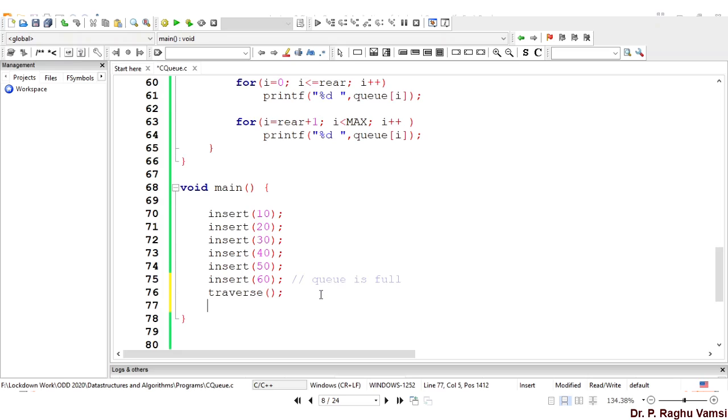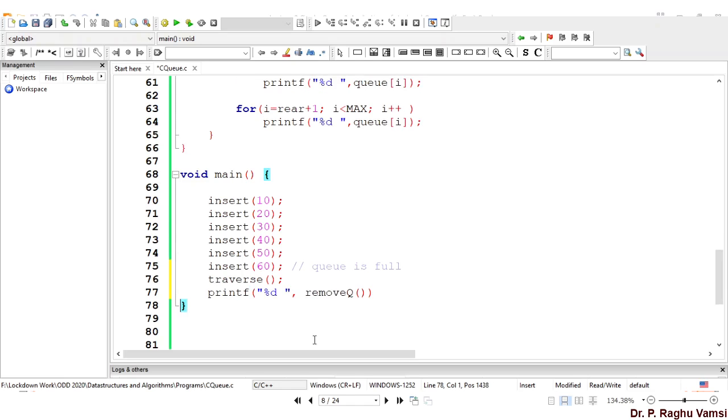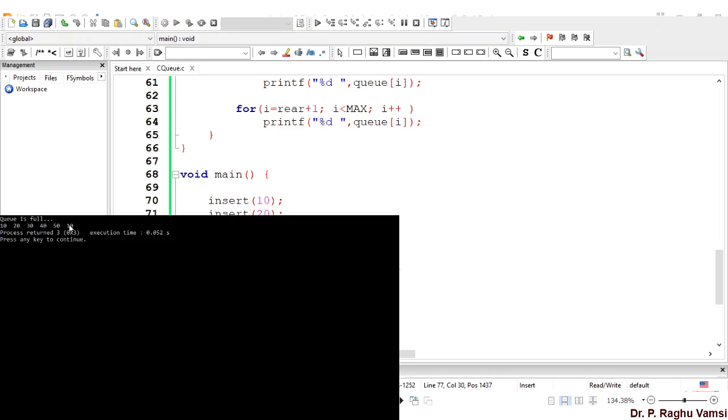Now what I will do is I will remove one element, printf %ld, remove queue. So 10 will be removed. So 10 is the element which is removed.